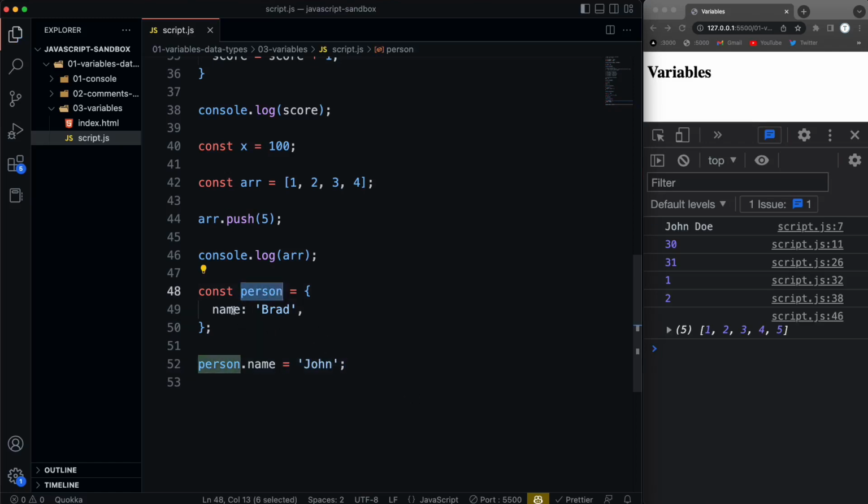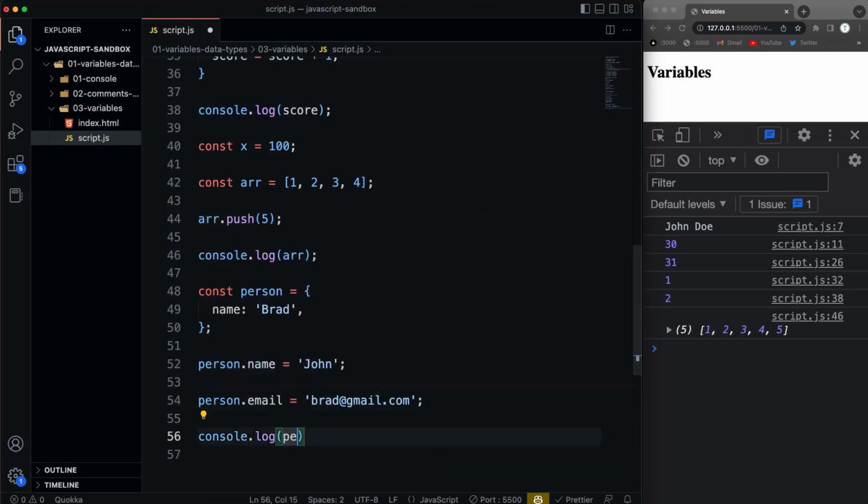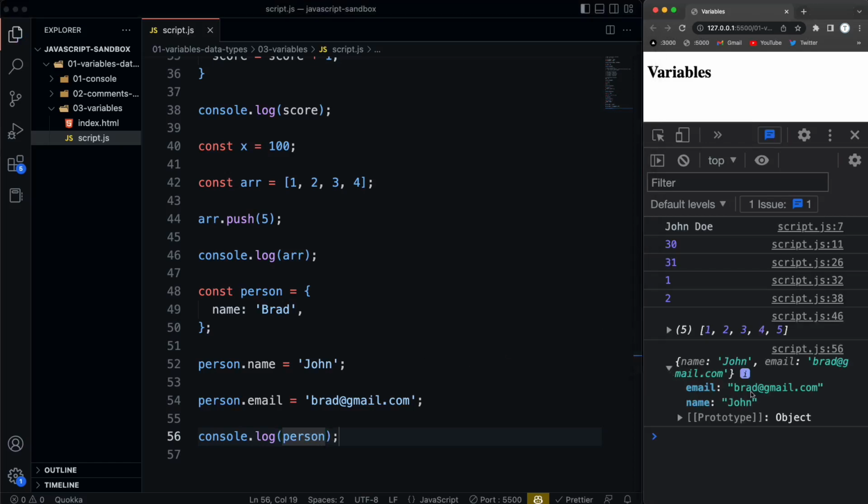I'm changing a property of the variable, or rather the value of a key. I could also do person.email and add on, let's say, brad@gmail. Okay, and then if I do a console log of the entire person object, you'll see I have name John